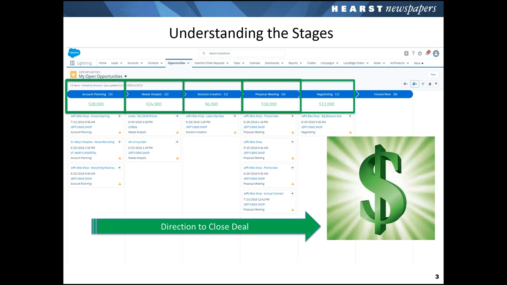As I said earlier, one thing that we've identified is that our users have done a terrific job loading new opportunities into Salesforce, but as far as the ongoing management, for example, if you created a new opportunity in the needs analysis stage, hopefully based on your efforts and progress with the prospect, that's going to move from needs analysis to a proposal meeting or perhaps closed won. The important thing I want to point out today is that we're trying to move all these deals forward to a point to get them to close. And on the next slide here,